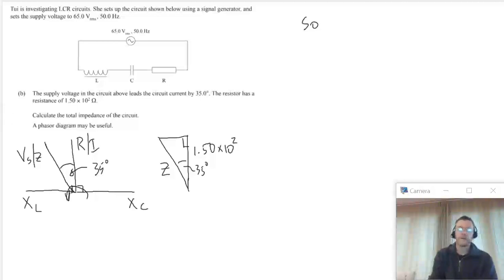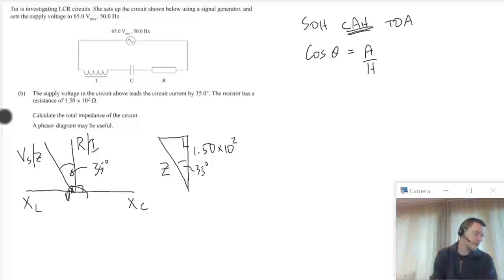So, SOHCAHTOA, which one are we using? We've got the adjacent and the hypotenuse, so we're using this one: cosine of theta equals A over H. That's what CAH means. So cosine of 35 equals 1.50 times 10 squared over Z. Rearrange, and we get